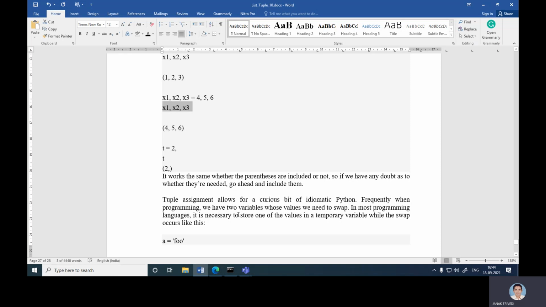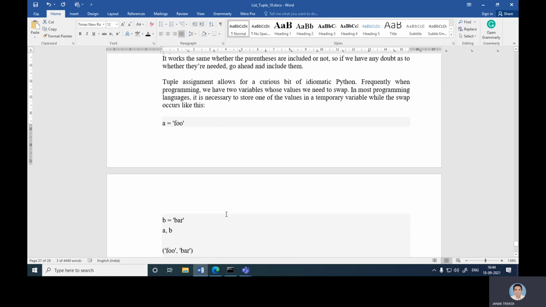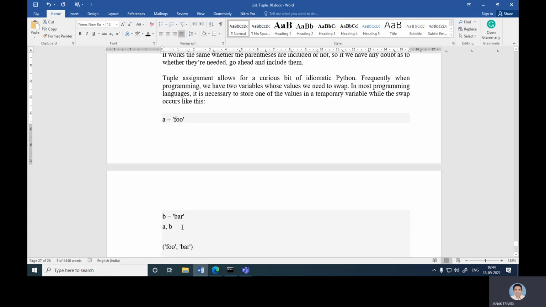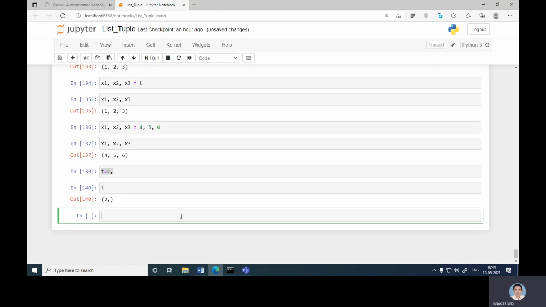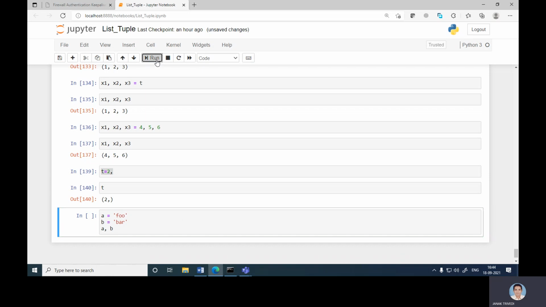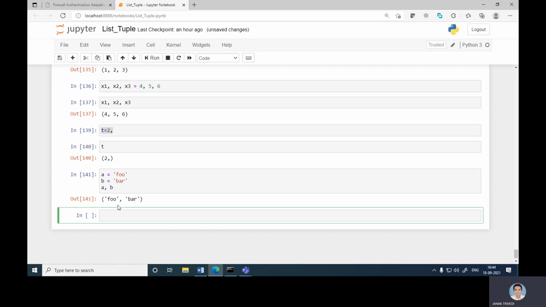Tuple assignment allows for a curious bit of idiomatic Python. Frequently, when programming, we have two variables whose values we need to swap. In most programming languages, it is necessary to store one of the values in a temporary variable while the swap occurs. Like a is equal to foo, b is equal to bar, so a, b is foo, bar.